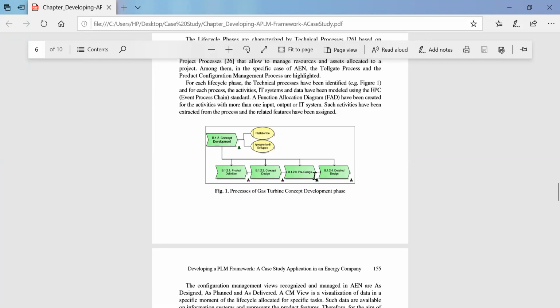Okay, so this is the one extra part that they have for the concept design development phase. They'll be having concept design, a pre-design to check the conceptual sketches and to analyze which concept design is the best, and then they will go for the selected design into the detailed design.